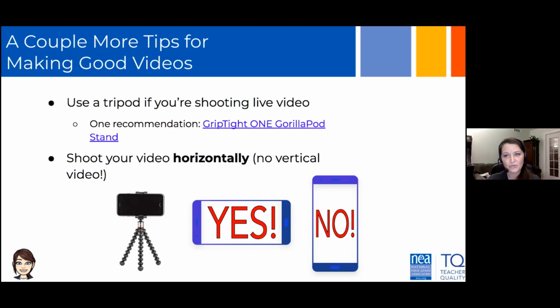If you want to use your phone to do a science experiment, a math problem, you name it, I also recommend that you have some sort of stand or some sort of tripod to hold it steady so that we don't get the jiggling bad effect of a moving camera, which is hard on some kids' eyes. One that I happen to like is the Tight Grip One GorillaPod stand, which is this guy right here. It's also linked there. You can wrap the little legs around anything, anywhere, and it will stay still and record your video. And it's really, really wonderful if you're one of the people that uses your phone to create your screencasts.